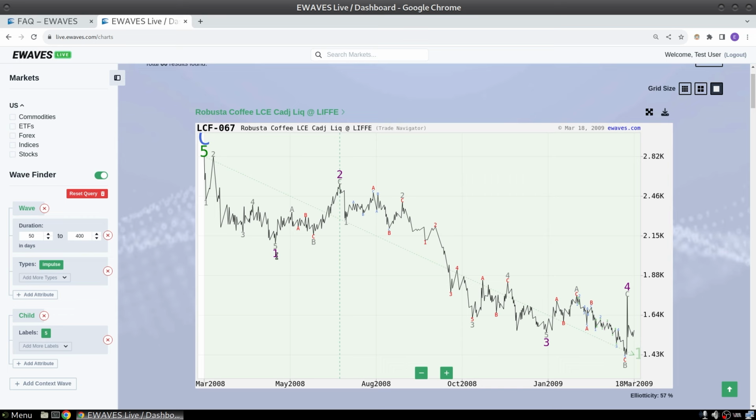We've got 1, 2, 3, 4, and working 5 to the downside. So this 5th wave, which is the currently unfolding child wave of this impulse, is what we've specified here as the child wave needing to be a label 5. As always, we have our target wave here. And if you hover your mouse over it, the tooltip will tell you where the program estimates that wave 5